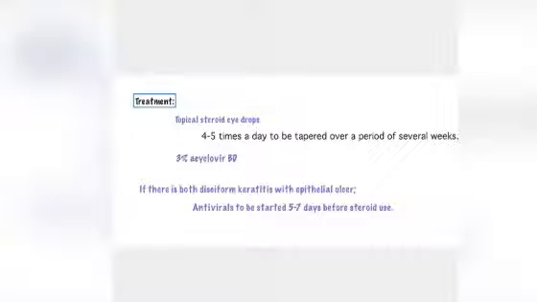What are the antivirals to be used for epithelial ulcer? After treating the epithelial ulcer only, you can use the steroids for deciform keratitis, because you know in the case of an epithelial ulcer, steroids are contraindicated. So before steroid use, you have to start the antiviral treatment for the epithelial ulcer. Then you have to use the steroids for the deciform keratitis.